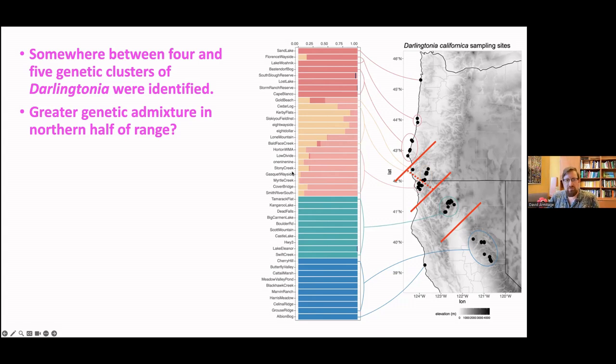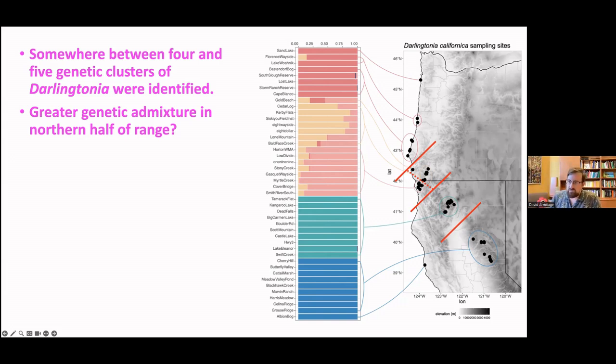So what we found here was first that there's somewhere between 4 and 5 distinct genetic clusters, or we can call them unique genetic populations of Darlingtonia, that follow this latitudinal gradient here, where for the Oregon populations, we've got the